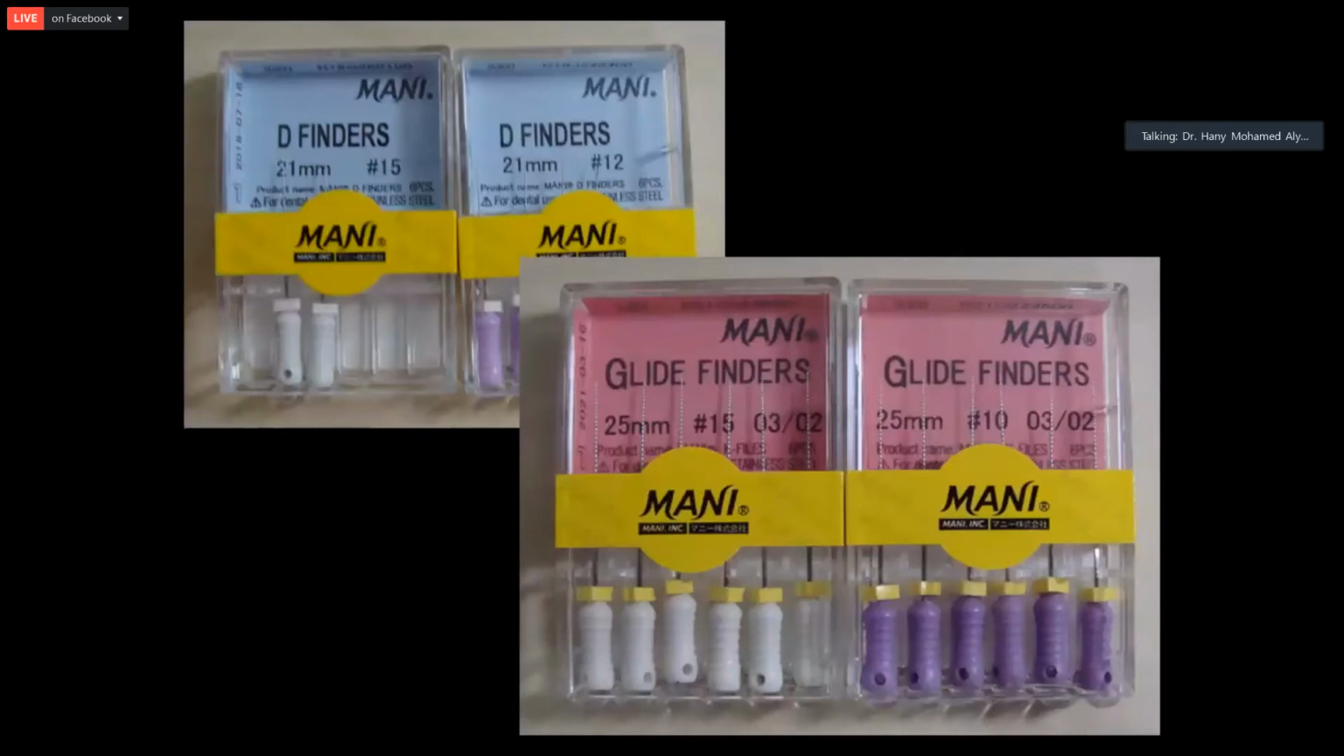For these GZI files, I usually prefer to use the D-finders and glide finders before the use